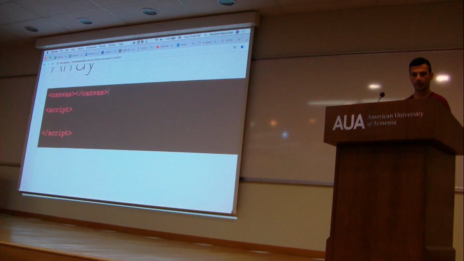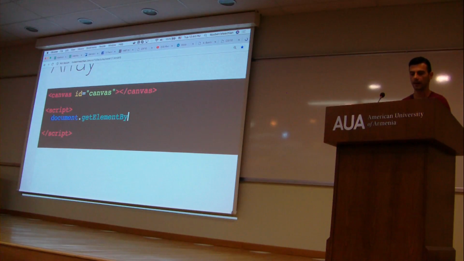Okay. Canvas. In my program, I want to reference this element. Do you guys remember how I'm able to access a DOM element, an HTML element, from my JavaScript? Yeah, I can use the document object and call getElementById. So first I need to give it an ID, like canvas. And then in here I do document.getElementById